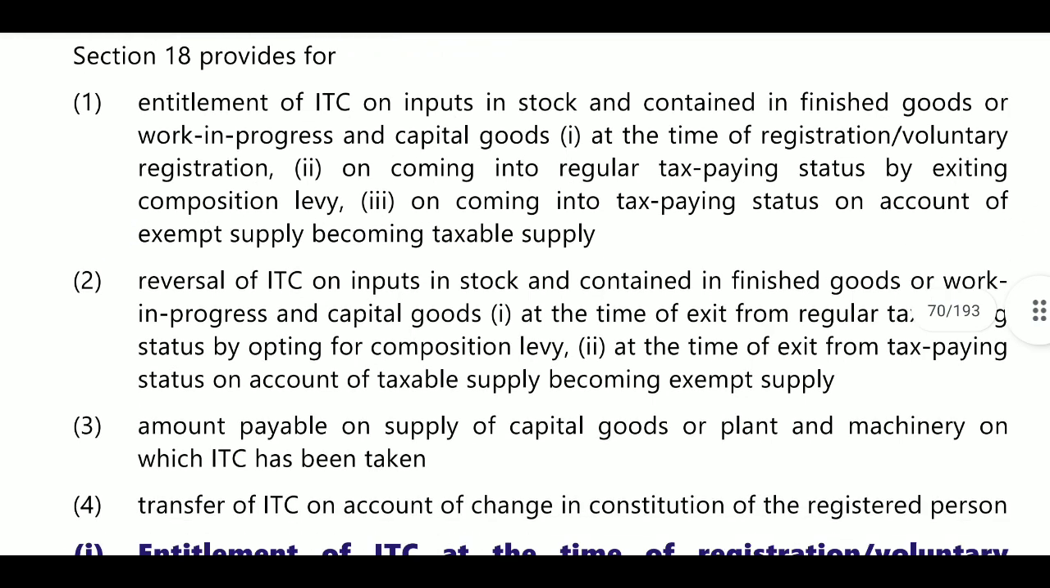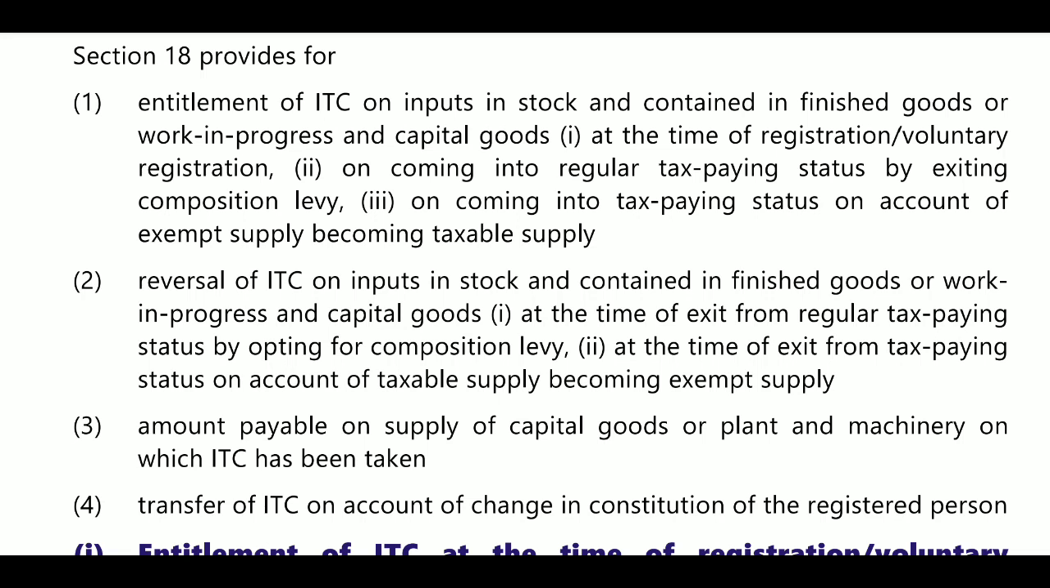That is, if any person has entitlement of ITC on inputs in stock and contained in finished goods or work in progress and capital goods, at the time of registration, voluntary registration, or coming into regular tax paying status by exiting the composition levy, or on coming into tax paying status because exempt supply became taxable supply. So the person has some input stocks or finished goods and their inputs, and at the time of